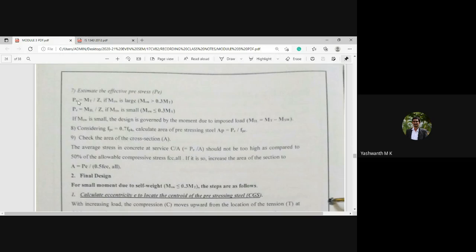So PE is equal to total moment divided by Z. This is the formula you are going to use if MSW is large. Next, PE is equal to moment due to imposed load or live load divided by Z if MSW is small. So based upon these two conditions, the effective pre-stress will be calculated.